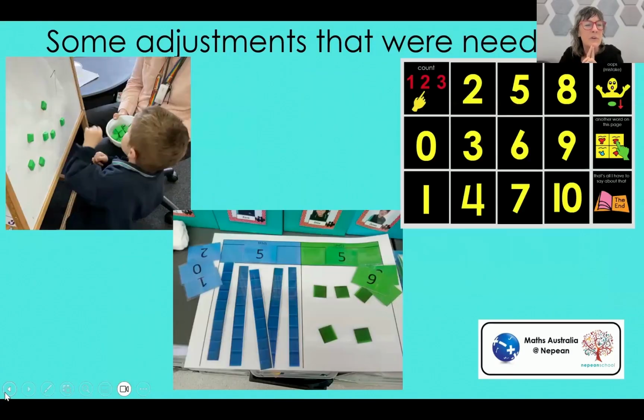I just want to draw your attention to the little boy on the left-hand side. If you can see on the whiteboard, there's a 7 numeral written there. So he was probably given the numeral, the abstract, and then he had to find how many little unit blocks he needed to get. And if you look at the number of unit blocks, he's pulled out 7 little unit blocks.